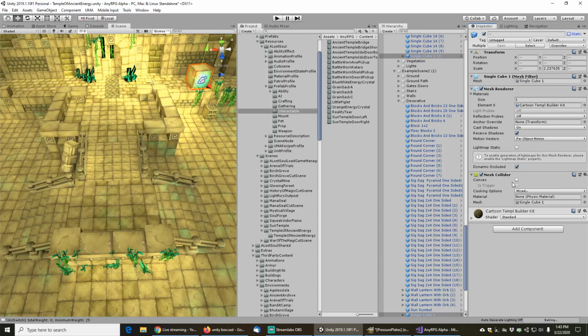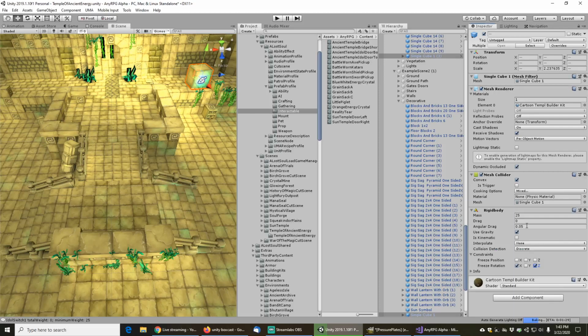And they will need convex mesh colliders as well as rigid bodies. We're going to set the mass on all of them to 25 and then freeze the X and Z rotations. We'll allow them to use gravity. And then